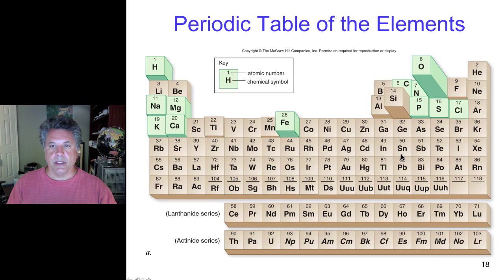So now we can tackle the periodic table and look at some of these elements that are important in biological systems, indicated in green here. And we can look at the electron configurations for some of these elements, some of these atoms, and that will help us understand their bonding properties in forming molecules and biomolecules.